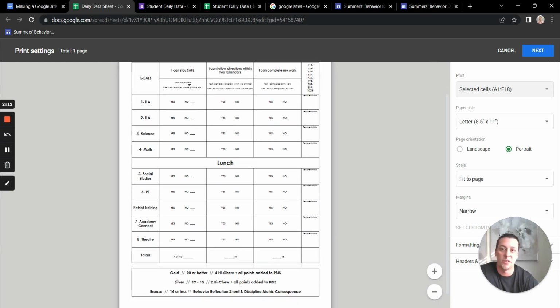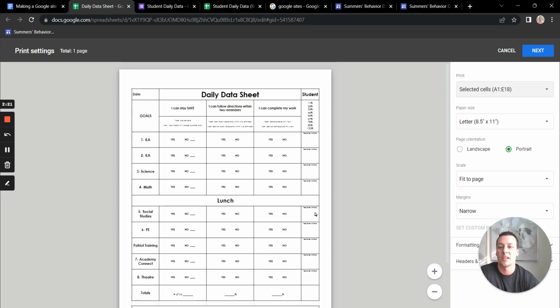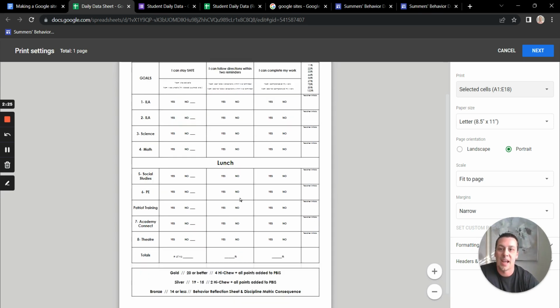So this particular student, this is what his point sheet would be. The student takes it around to class. He gets to have that interaction after the end of class periods, where teachers tell him what he's done well, and maybe areas he needs to grow in. So this exact sheet,